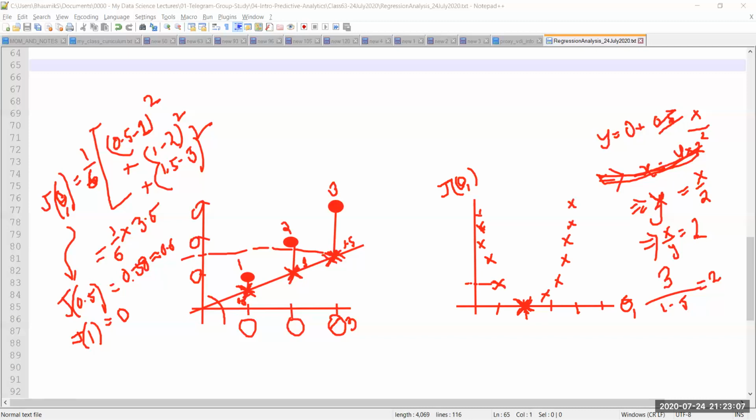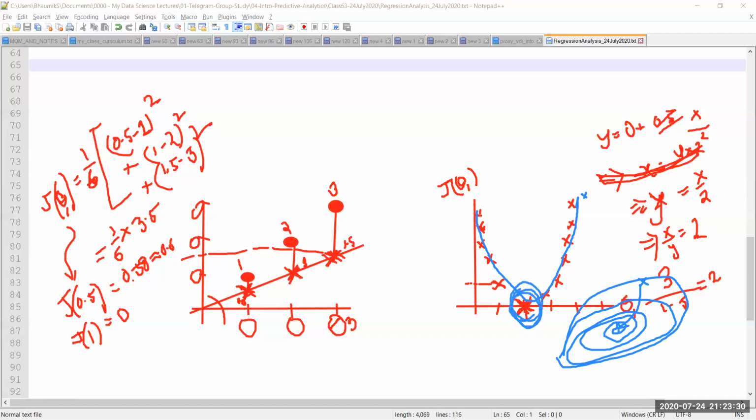If you try to visualize this, let me take a different color of pen. This is kind of a curve, and you draw this into a 3D, it becomes a contour plot. It is the same contour plot we have seen earlier. So we are starting from somewhere, we have to come down. Our objective is, I'm on the top of the mountain, I have to come here.